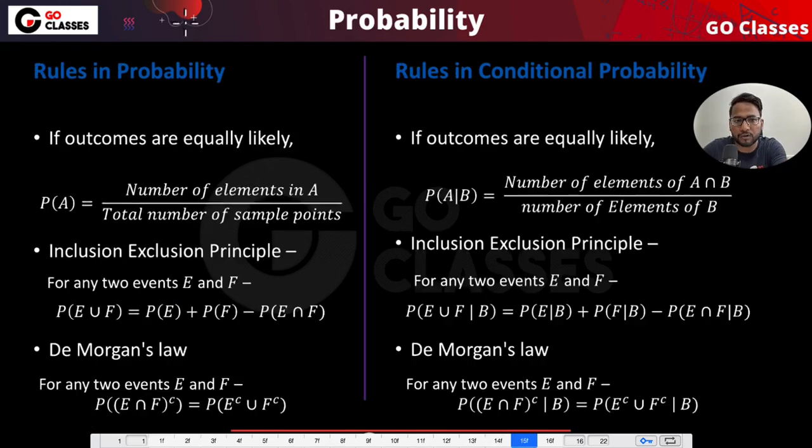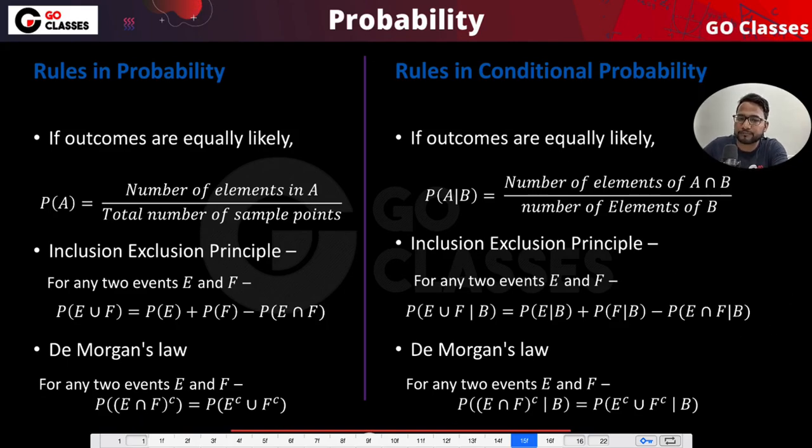This simple formula. See, the probability of A given B is the probability of A intersection B upon the probability of B. Using this simple formula, you can just open up the left hand side and right hand side also. And using the Venn diagram and all, just try proving this one and this one. But for the normal probability laws, we have already proved it, right? So if that's the case, you can just do the given B. If that's the De Morgan law, you can just do the given B. Okay. So in the given B also everything is true.